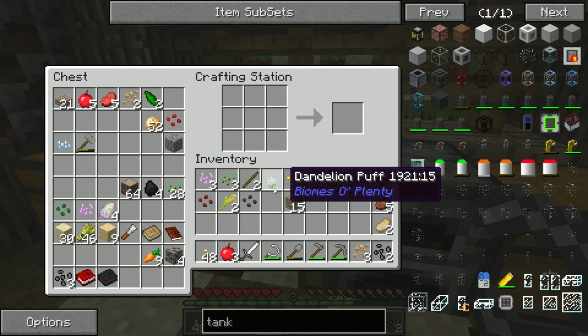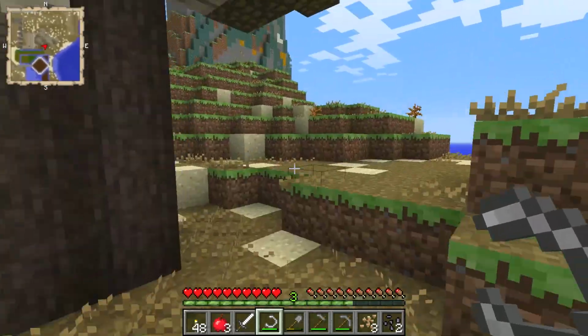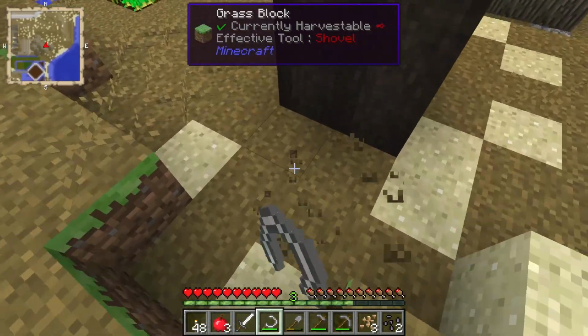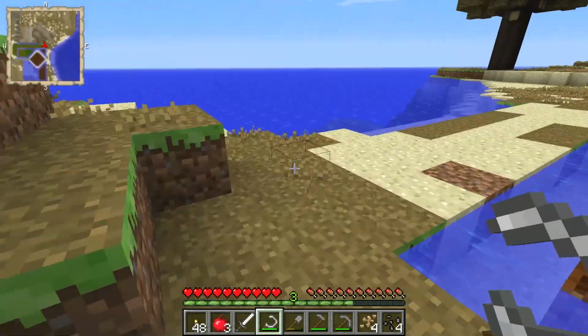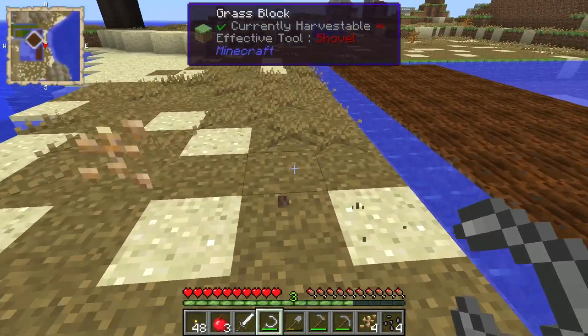So there's that. So what was inside my project box? I had gone ahead and made some of the better barrels. Not chests, what am I saying? The barrels. And they are for...